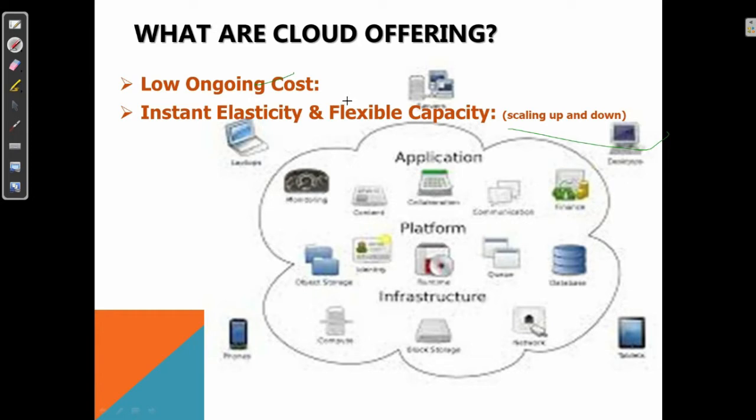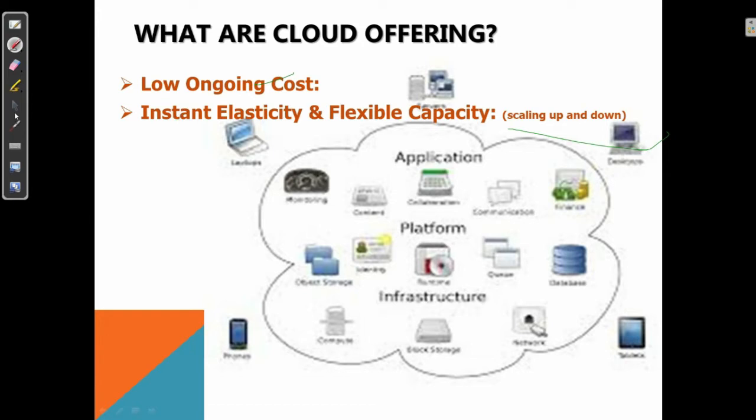There is no need to guess the infrastructure which may be required to fulfill customer needs. You can simply take the cloud services and get the flexibility of scaling up and down based on customer traffic.